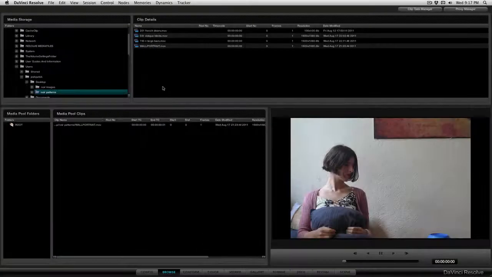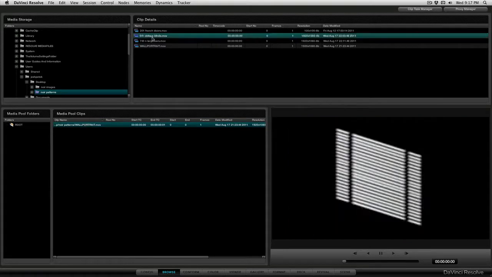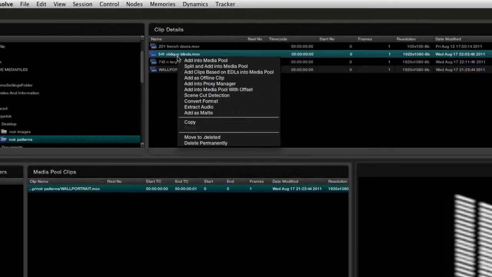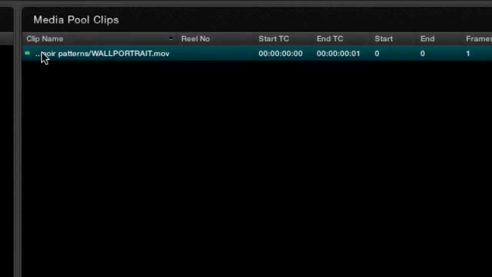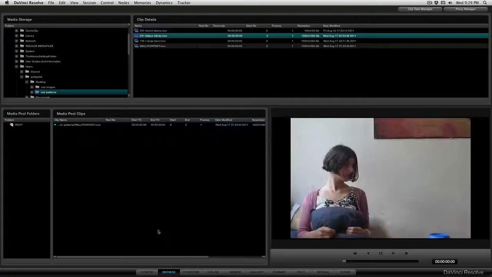Now back in Resolve, go to the Browse page and select the clip that you want to associate a matte to. Select the matte that you want to use in your project. Right click and choose Add as Matte. You'll know that it actually worked when you see a green dot right next to the clip in the media pool. Go to the Color tab,